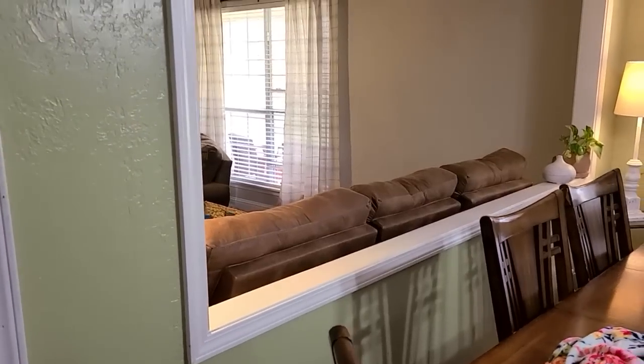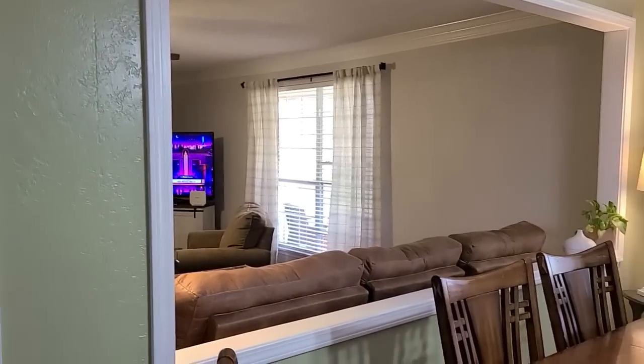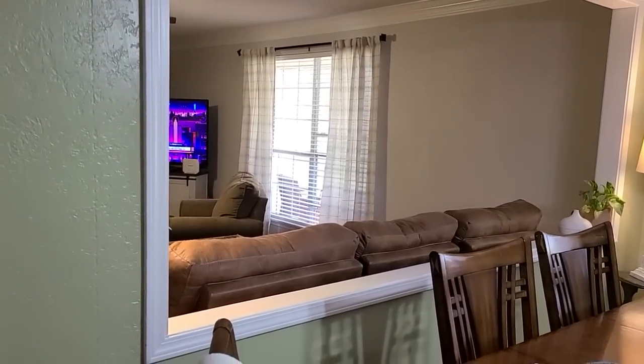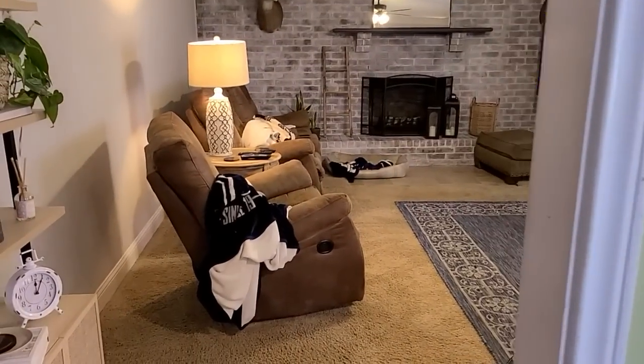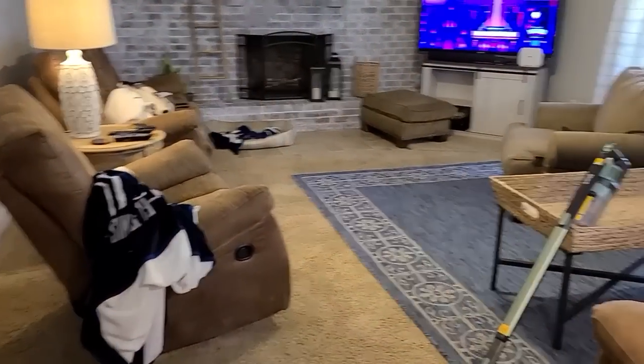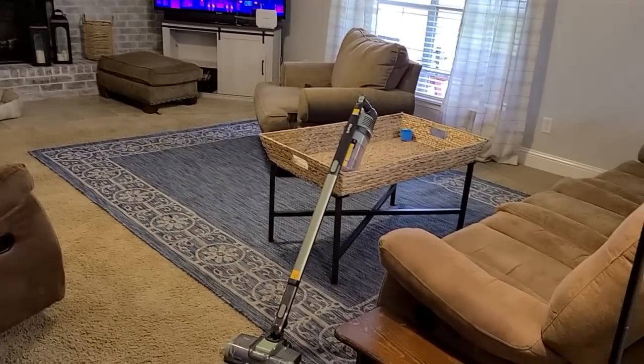I'd eventually love to be able to take this wall out, maybe have a little column there and let this all be open, but for the time being, this is how the house is set up. And I feel like because it's kind of long and narrow, I love rearranging furniture, but I just feel like this is the best setup